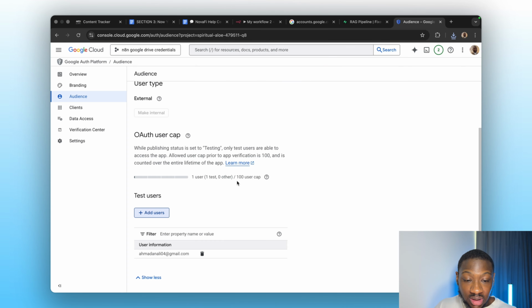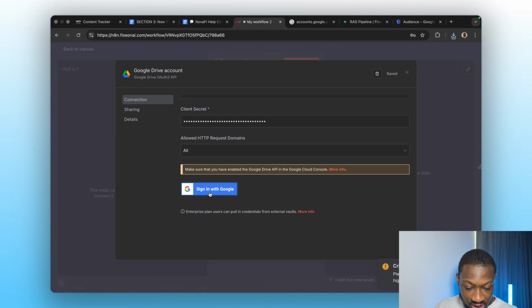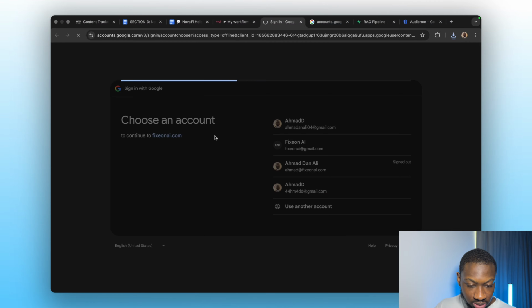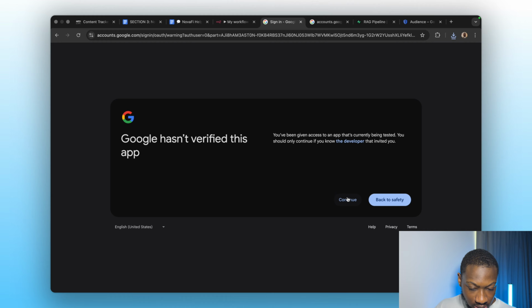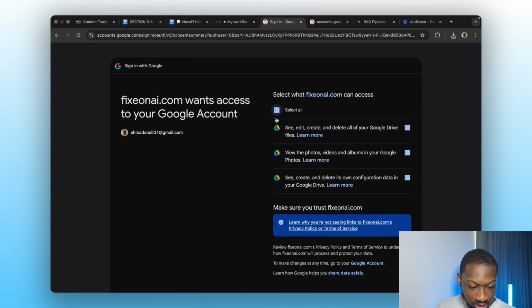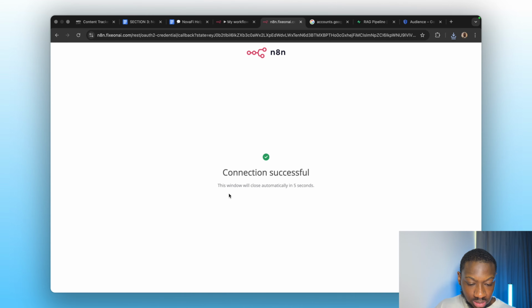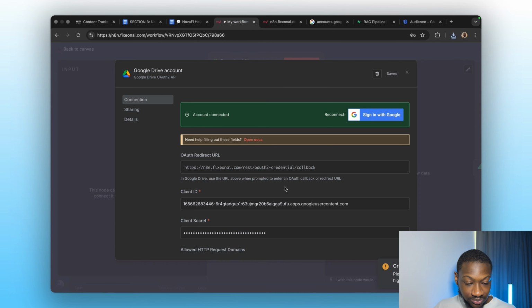That worked. Then let's go back, sign in with Google, click on your name, click on continue, click on select all. Right then. So now that we have our Google Drive connected with n8n,